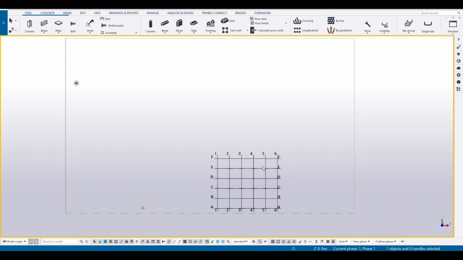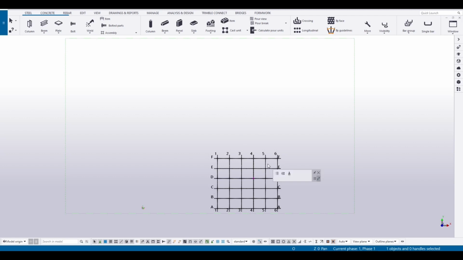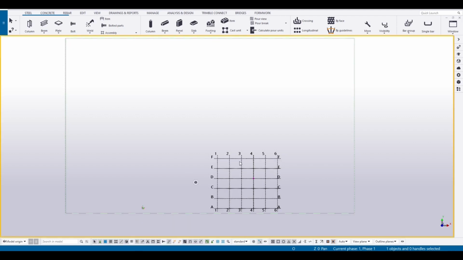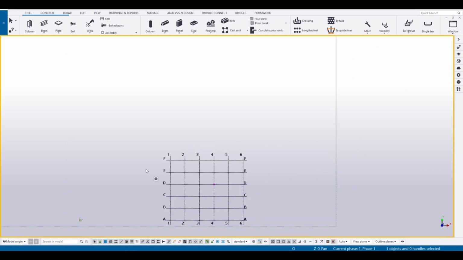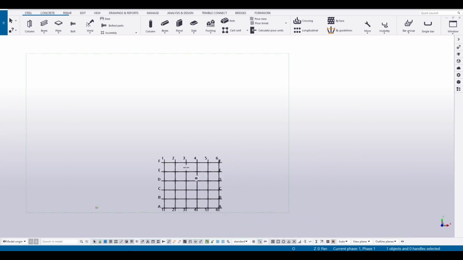Right? If I want to select only this grid line here, I'll show you. If I click here, I'm selecting the whole grid. But if I only want to select one grid line, I'm going to have to go here and activate the select grid line function. Now, the function that is activated is the select grid function. So once this is activated, you select the entire grid. If you activate the select grid line here and you go and select the third, then you can select this grid line. Let's get back to the select grid function, and we will copy these grid lines